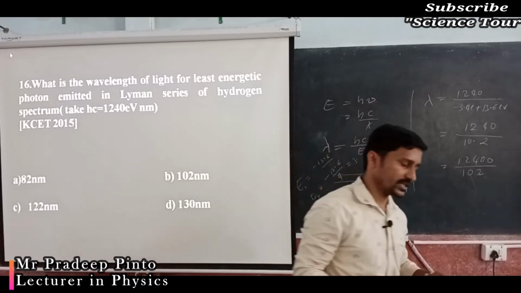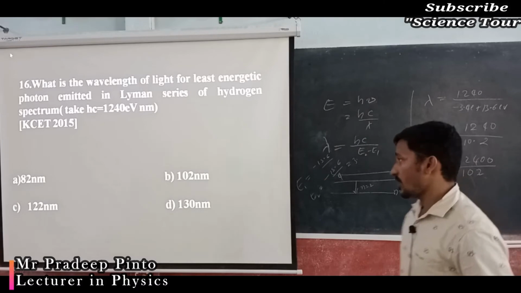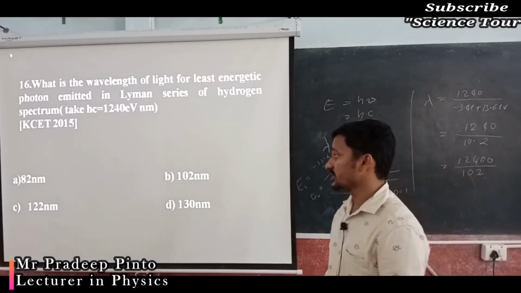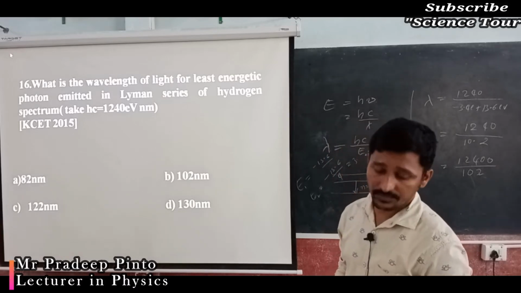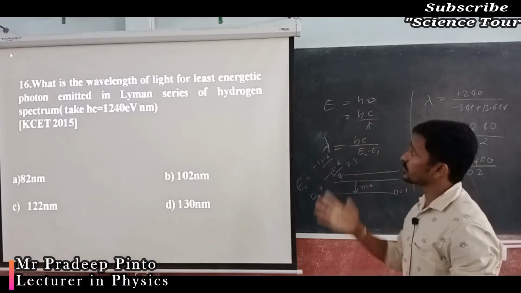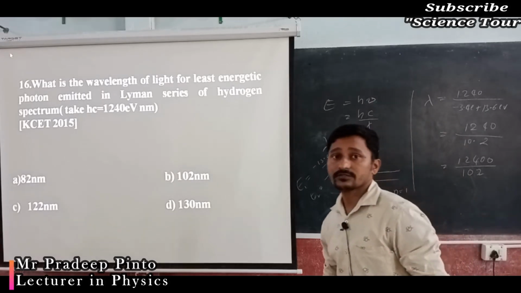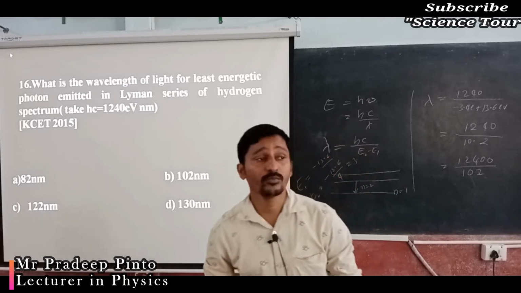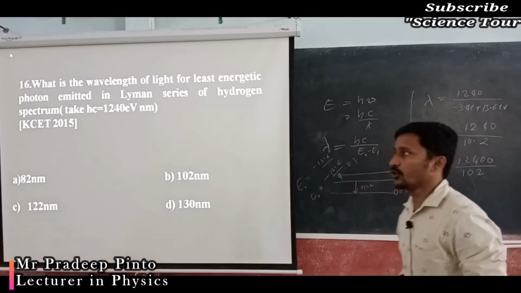So some approximation is necessary, but see here, if you know the direct calculation for the first wavelength and all, you can easily write it down, no? This is the maximum wavelength for the Lyman series: less frequency, maximum wavelength, first-order wavelength. If you know that by heart, you can directly make it. So that is a benefit if you know it.